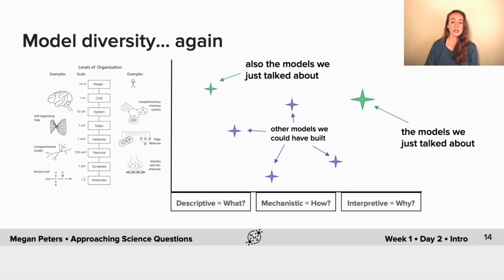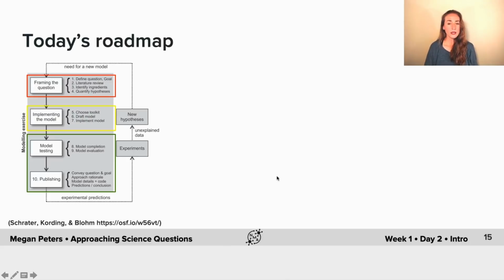So we could have tried to understand what TMS does to the system by building an integrated biophysically plausible model, as I said. There were a lot of other choices that we could have made. So this was just the one that we made in order to address the goals that we actually had. Okay, so that's the whole roadmap start to finish, from identifying the phenomenon you don't understand all the way through publication, and then of course the cycle starts again.